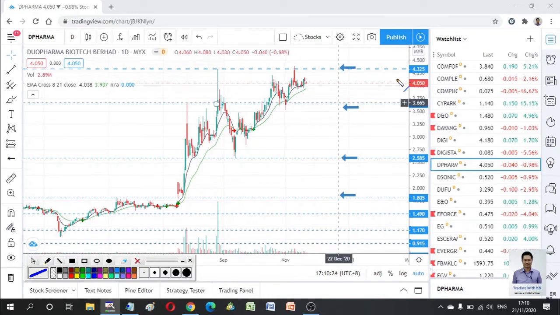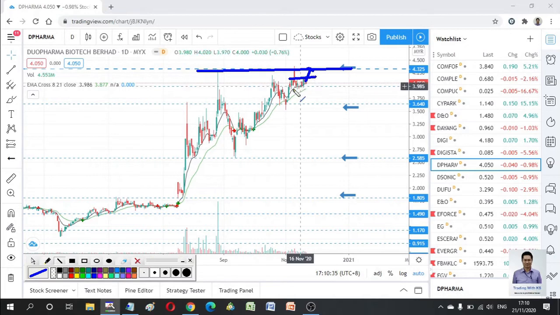In no man's land. We call this no man's land. You can't buy over here because the selling pressure is here. So you have to wait. We consider this a consolidation, so you can't buy over here. The best, if you want to buy this stock, is to wait for a dip and a bounce, then buy. Okay, there is one line here.